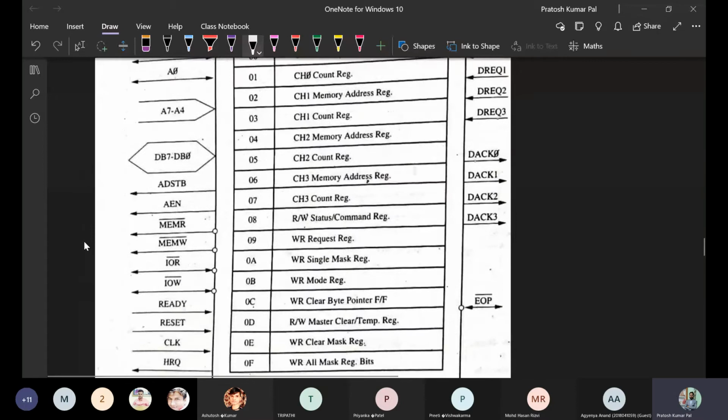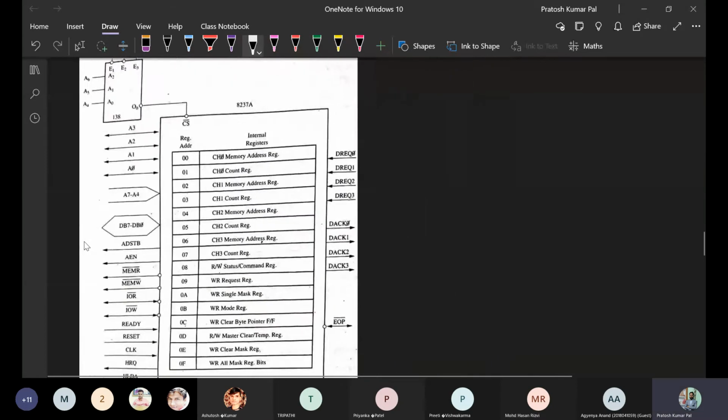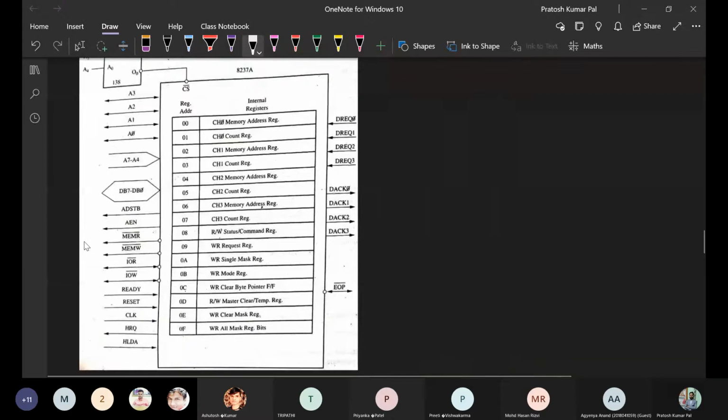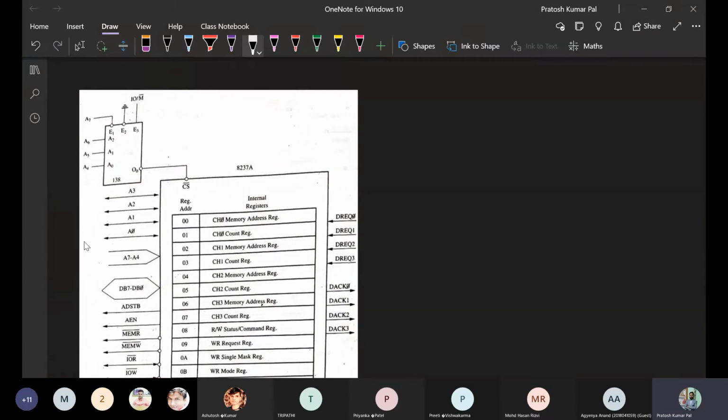So overall we can see, based on the chip select, how the chip select will be activated. The A4 to A7 bits are going to help in controlling the different registers.